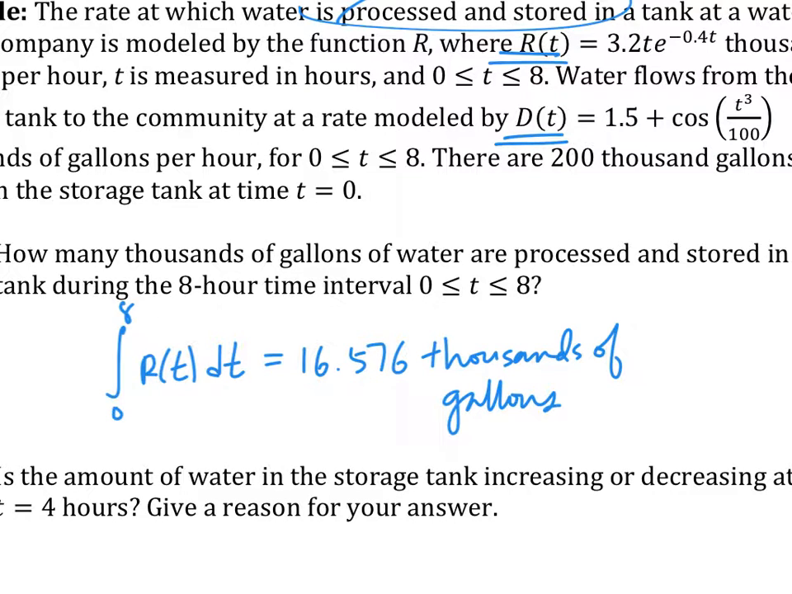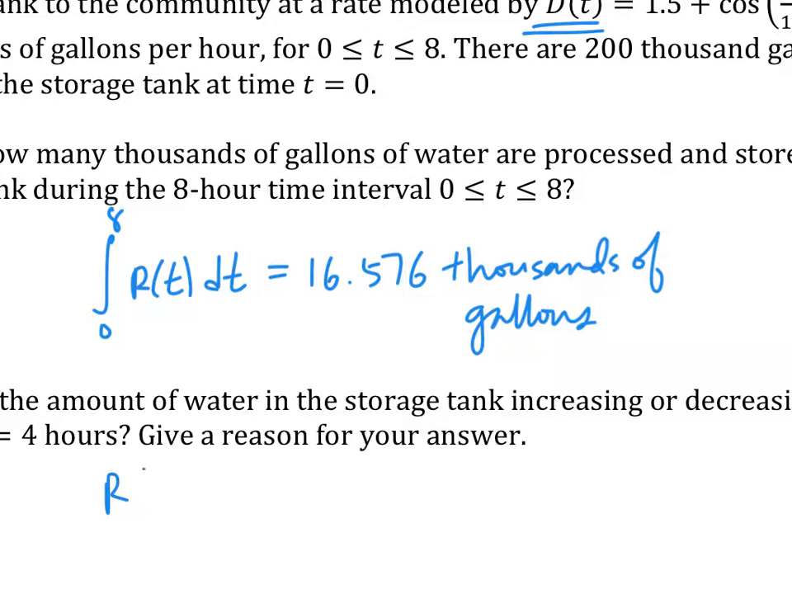Remember that you're pumping in water and then you are taking water away. So when you put water in, it's going to be a positive number. When the water leaves, it's going to be a negative rate, a negative number. So you are basically looking at R of 4 minus D of 4. So you're taking the two rates and subtracting each other and then checking, is the rate net positive or is